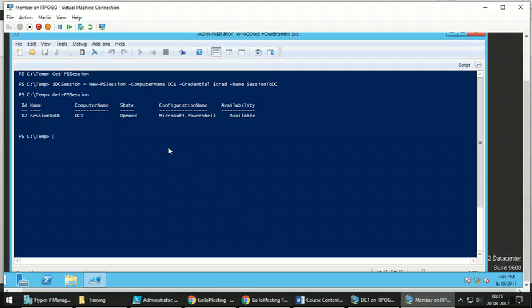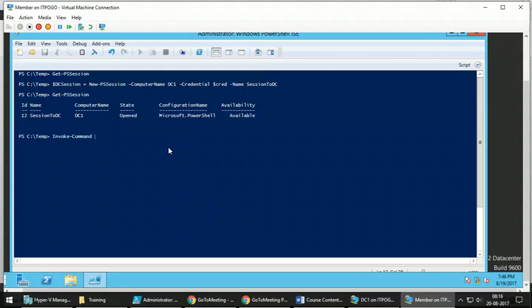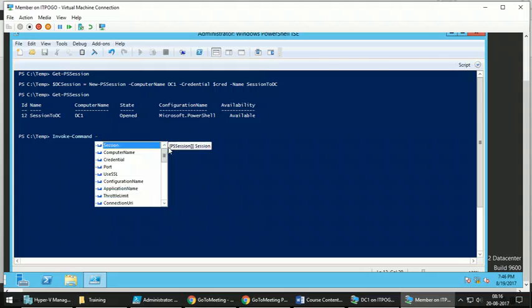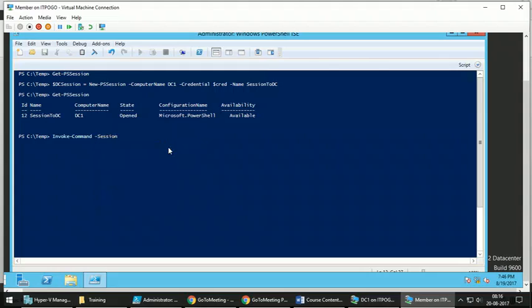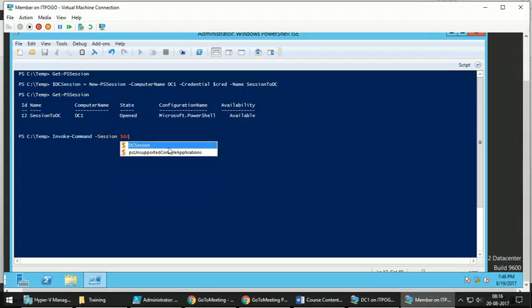Suppose you want to run a command against that remote computer. The commands are the same. Invoke-Command -Session, and either you can give that variable name $DCsession, and now the script block.